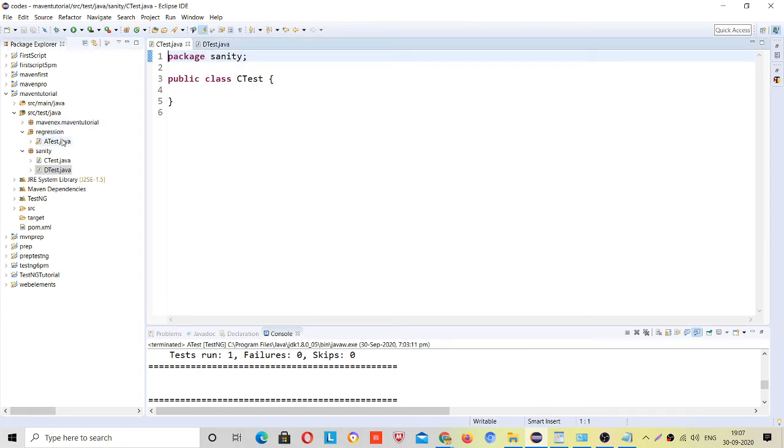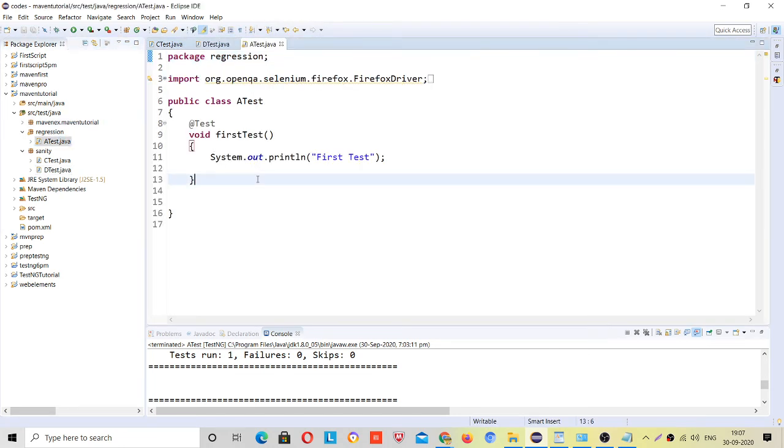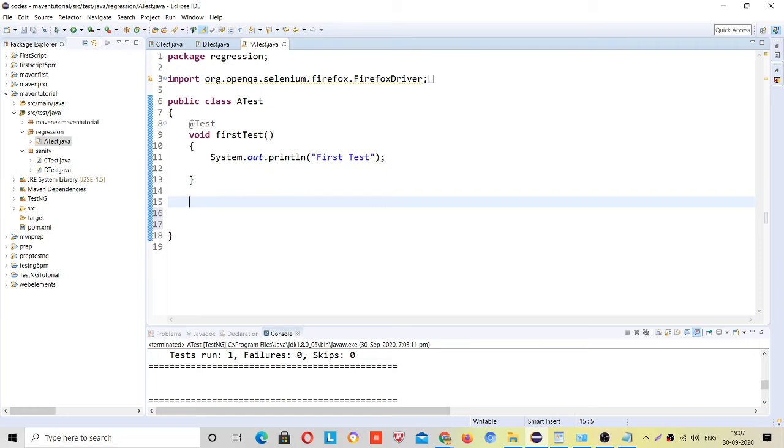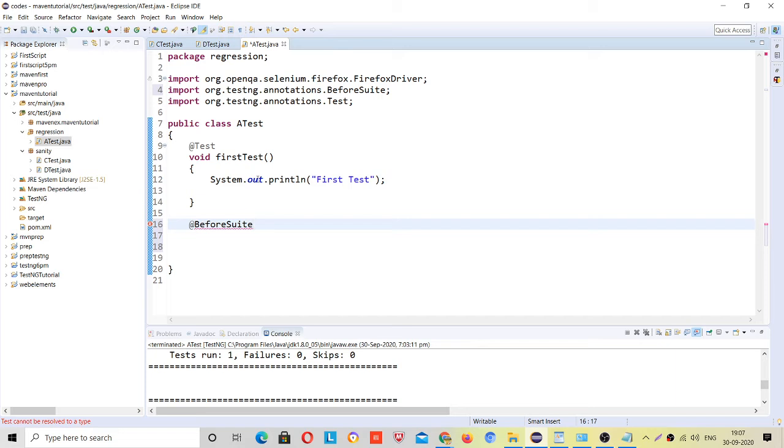And in this regression I have another method, @BeforeSuite. Why?